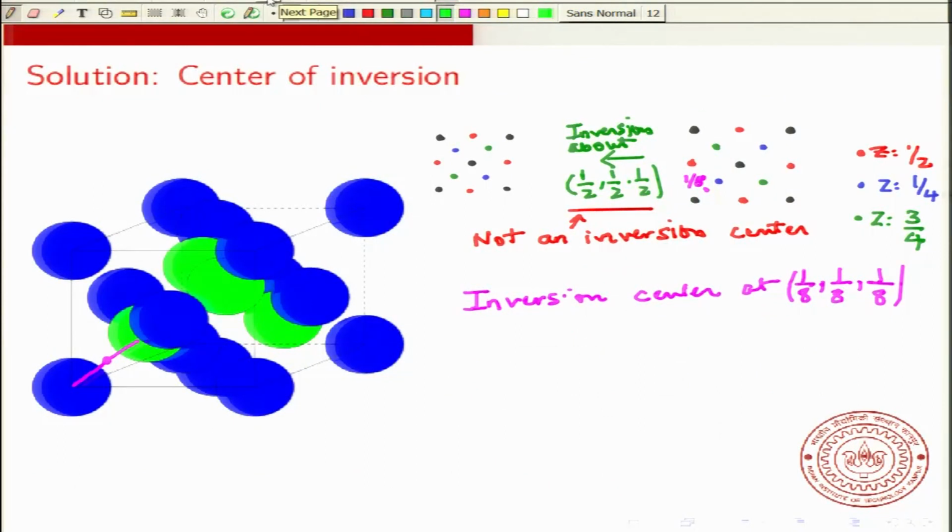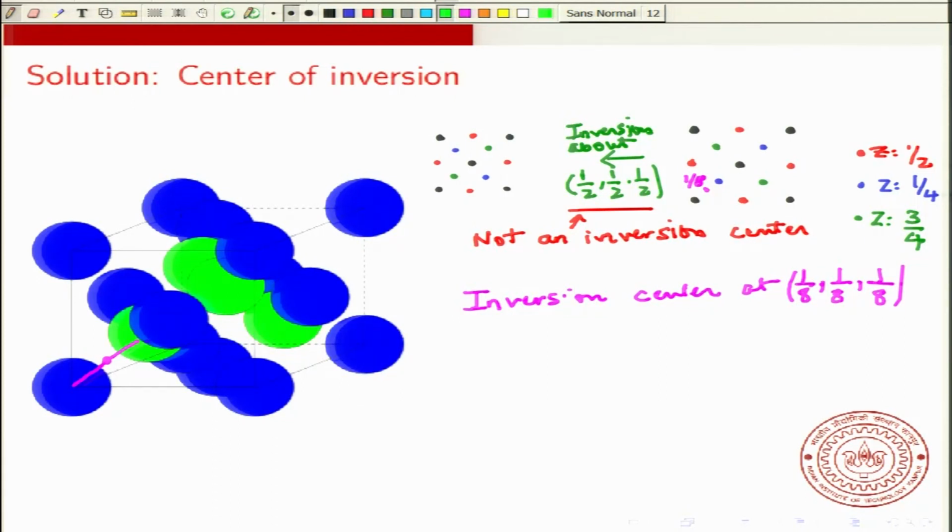So next we go to the center of inversion. The diamond lattice has a center of inversion. Now if you take the center point of this diamond lattice, that is the central atom. Actually there is no atom at the center of this cube, but if you take the center of the cube and invert about that point,